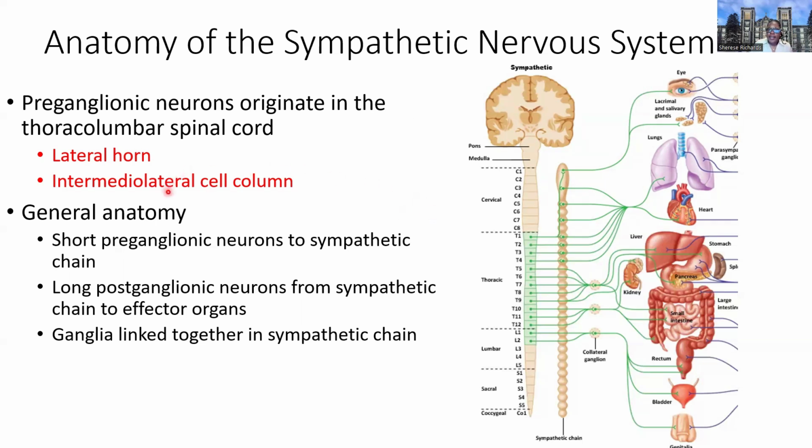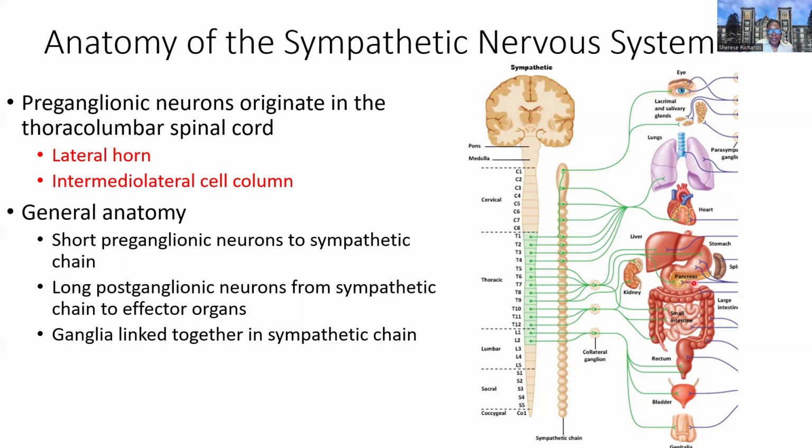The difference we see with the sympathetic nervous system is that there's a shorter preganglionic neuron, and then that goes to the sympathetic chain or to our collateral ganglia or to the adrenal medulla. And again, I'll explain those three options in just a minute. So that short preganglionic neuron leaves the spinal cord, makes a short stop at another ganglia that's nearby, and then a longer postganglionic neuron goes from that ganglia out to the rest of the target effector organs.